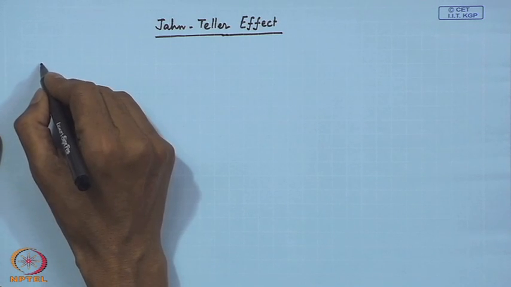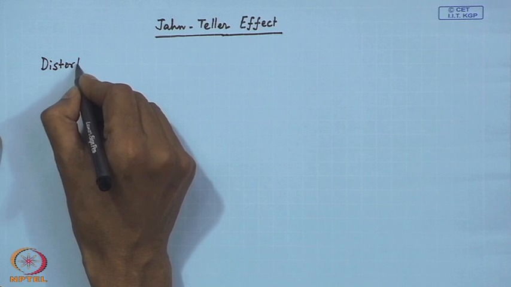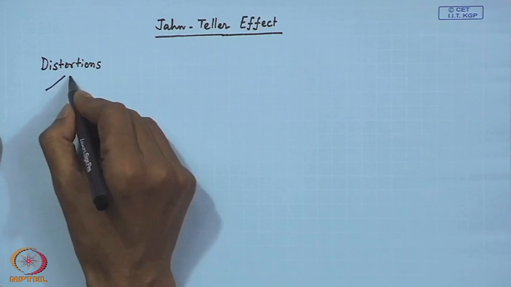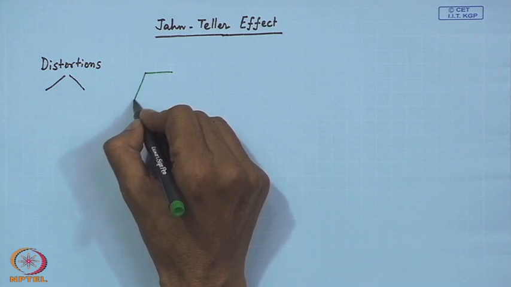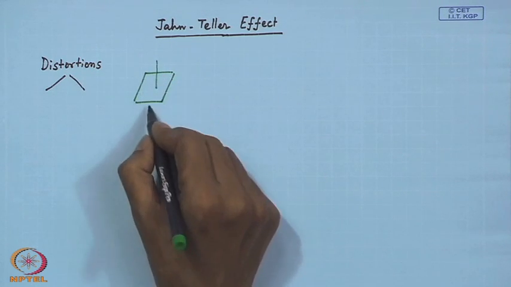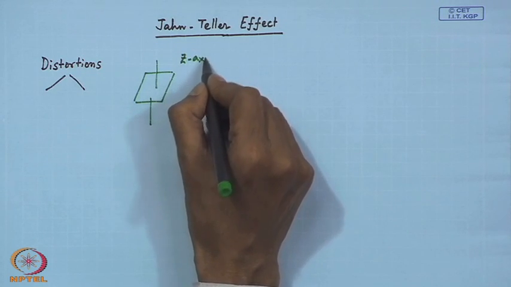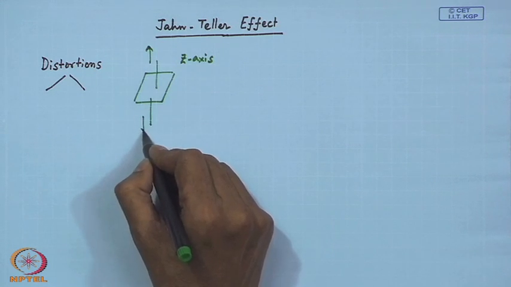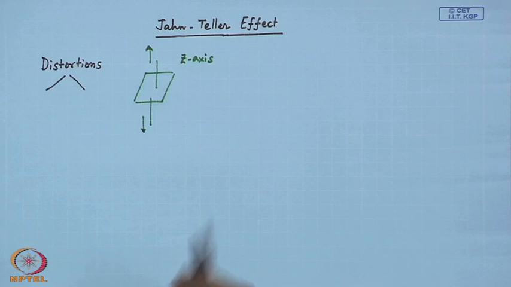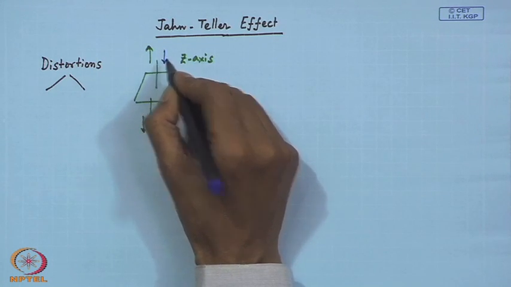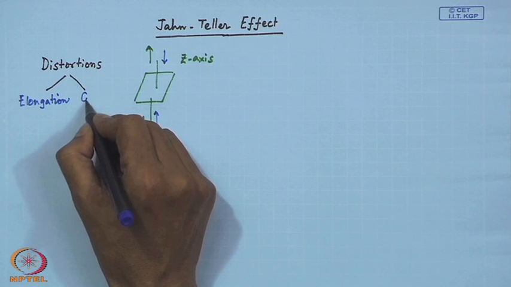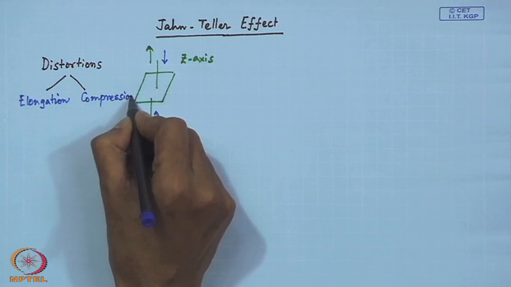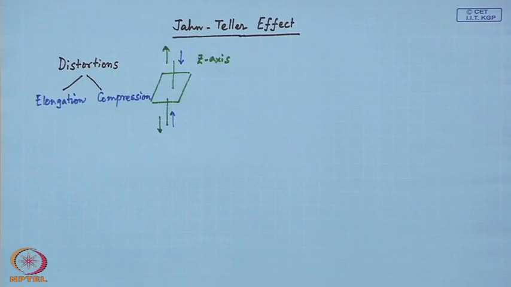For the two types of distortions we have seen so far, which are basically tetragonal type, if we consider an octahedral geometry, considering the z axis, which is either elongated or compressed, we will have elongation as well as compression. In these two cases, we see that depending upon the amount of distortion in a particular direction,